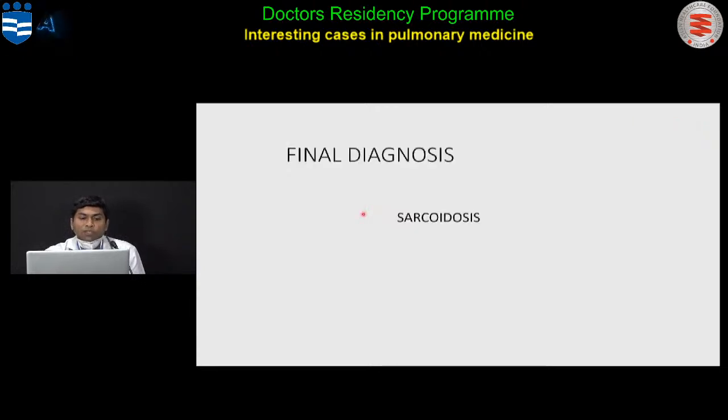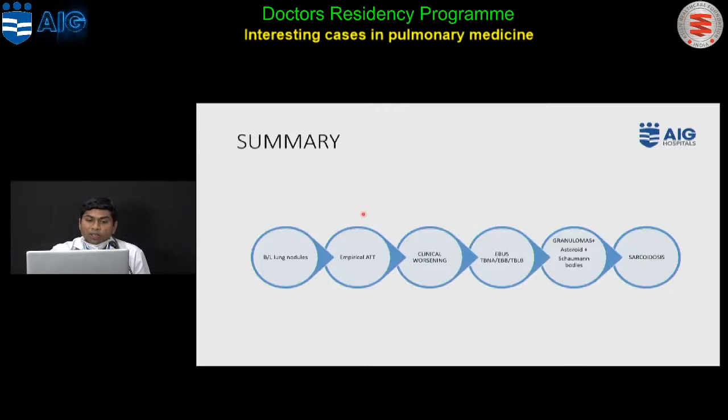So this patient was finally diagnosed as having sarcoidosis, and was then started on immunosuppression with steroids, and post immunosuppression with steroid, the patient stabilized. The cough, the exertional breathlessness which the patient was having, and the weight loss, everything stabilized. The chest X-ray showed improvement. She came for follow-up today also, and this patient is stable now at the moment. The X-ray has stabilized, pulmonary function test has improved.